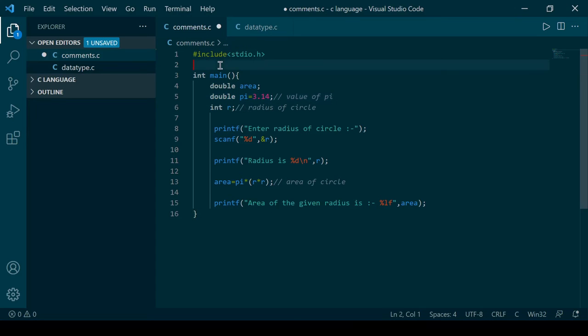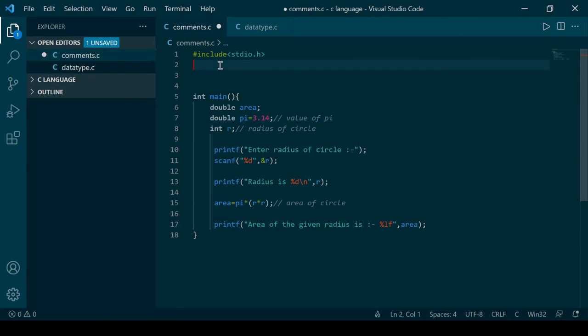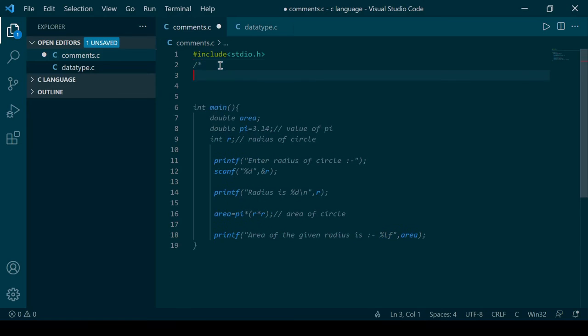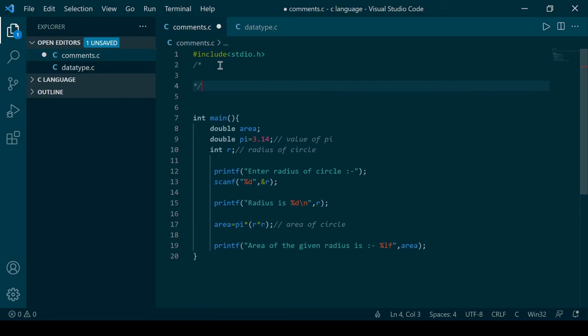Now let's write a multi-line comment. You can write comments anywhere. So let's write a comment here. Let's say this is the symbol for multi-line comments. You should start with a slash star and end with a star slash.